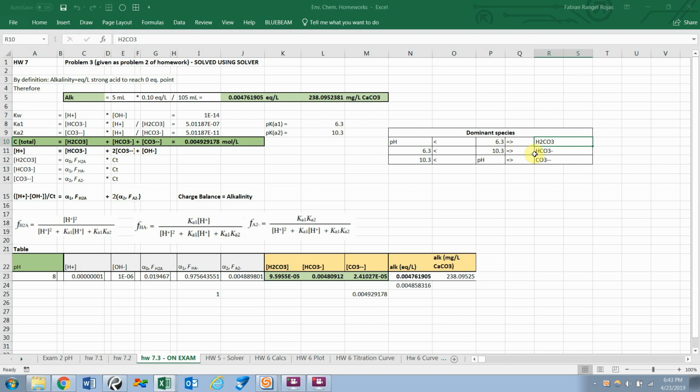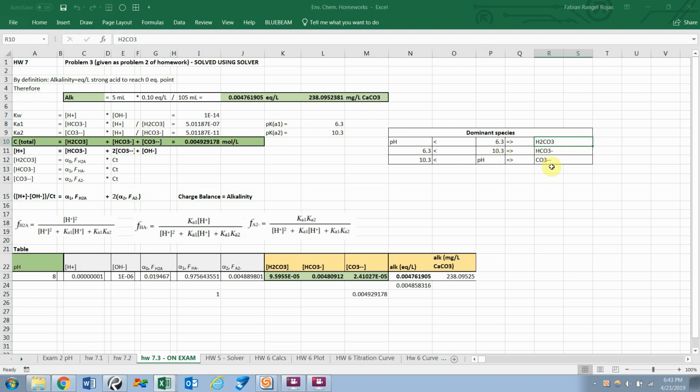The second most protonated form, in this case HCO3 minus, dominates in the middle range when your pH is between your pKa1 and your pKa2, because the H2CO3 has not completely dissociated into CO3 minus, but there's also not a lot of H2CO3 left, so it's mostly HCO3 minus. Once your pH goes above 10.3,